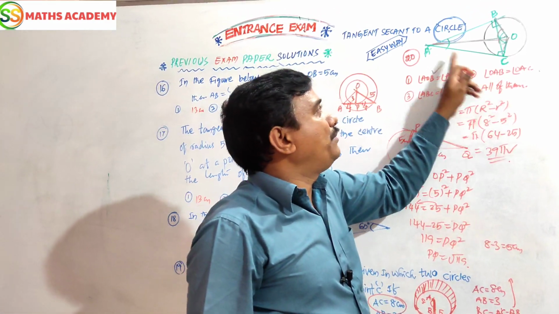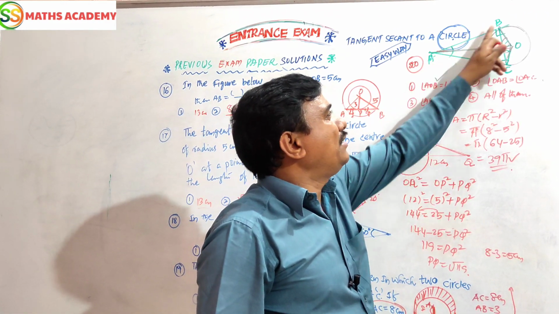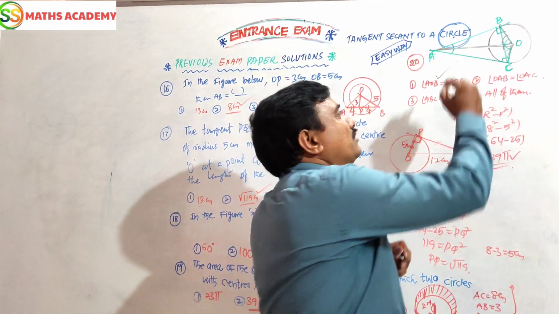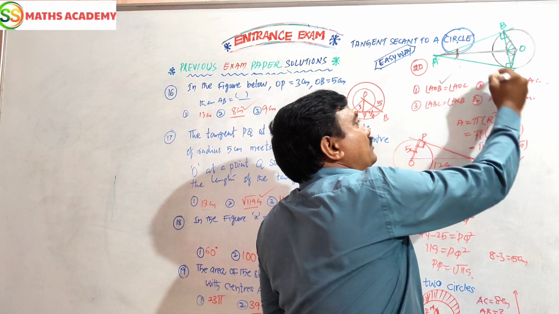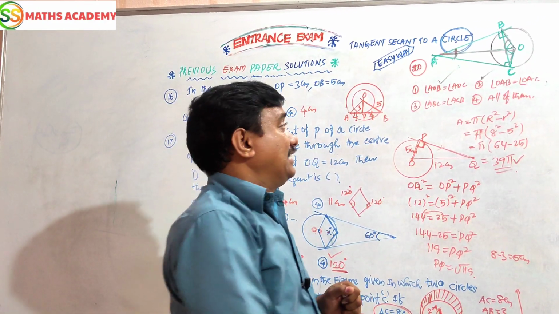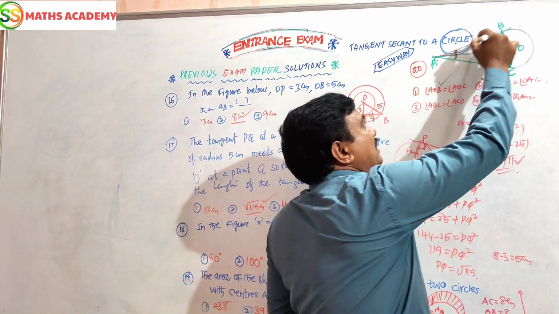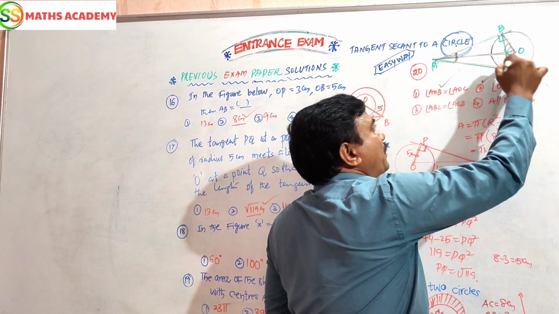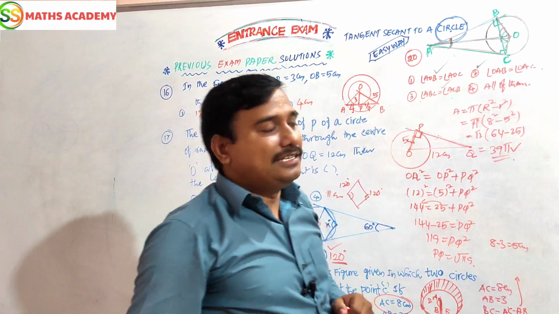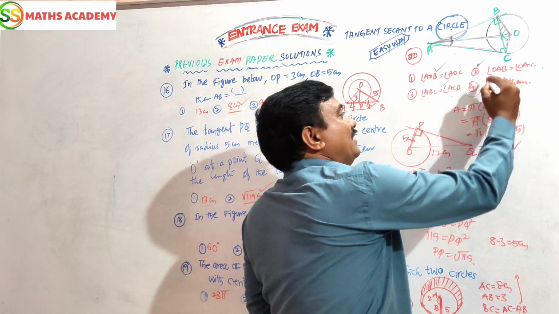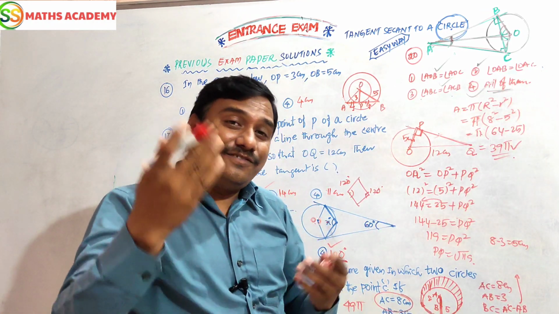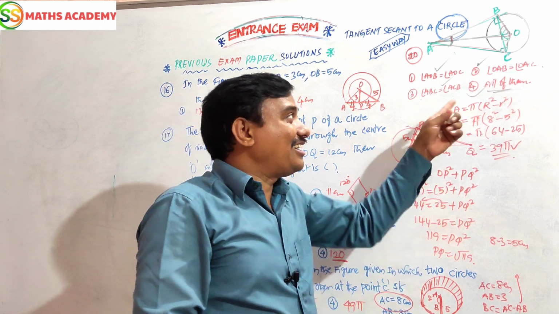Next, OAB. Oh yes, this is also correct. This angle is bisected. This is called the angle bisecting line. So it is also correct. Next, ABC, CAB. Yes, ABC, the point of contact from here, point of contact. This is also correct. All of them. The answer is all of them. So you are all very good. You are all practicing well.